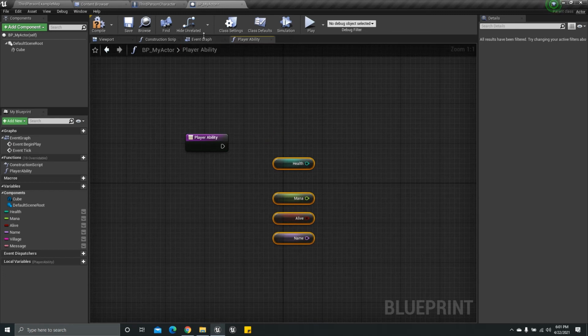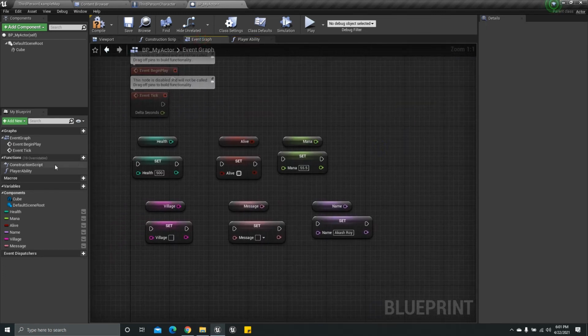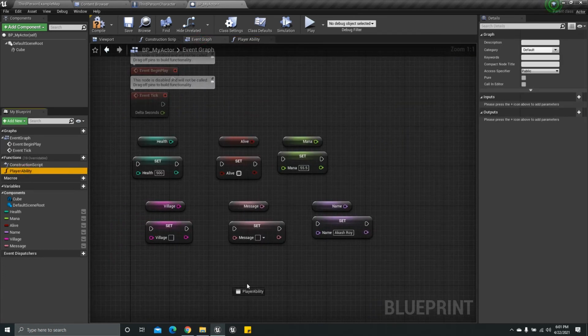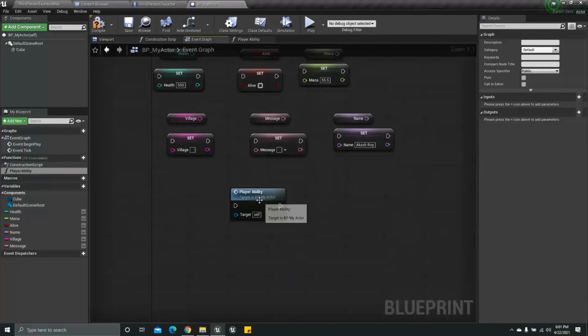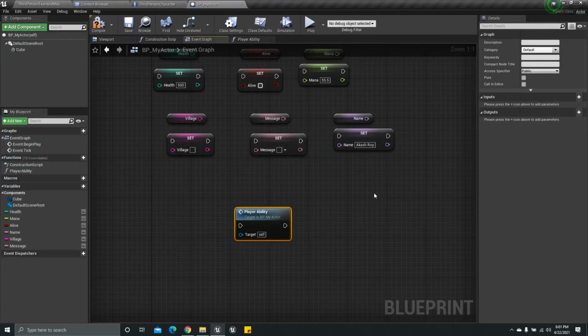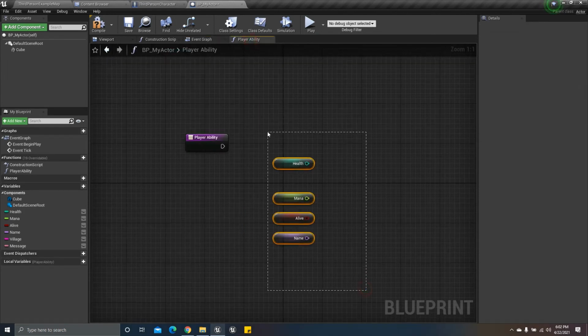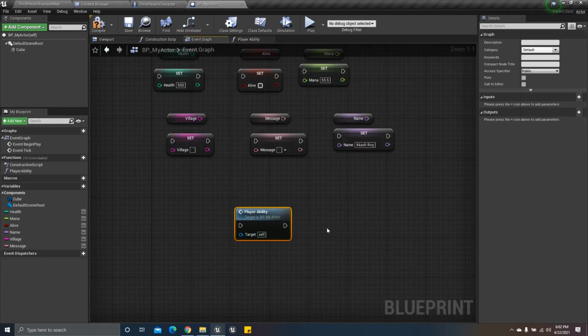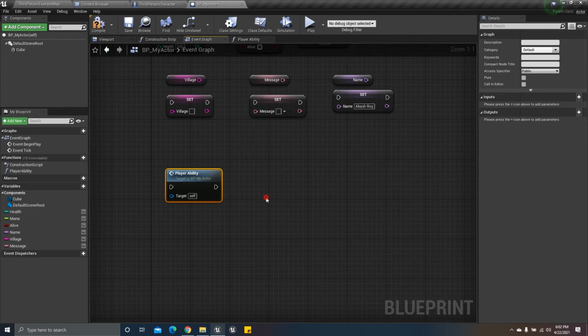If I come to the event graph and drag and drop this player function, it will give me the information about the player's ability, all these four pieces of information. So I don't need to drag and drop all this health, mana, alive and name every time I call the player ability function.